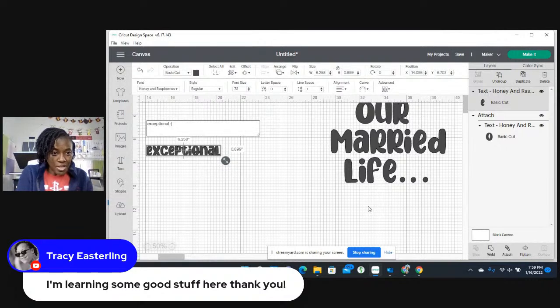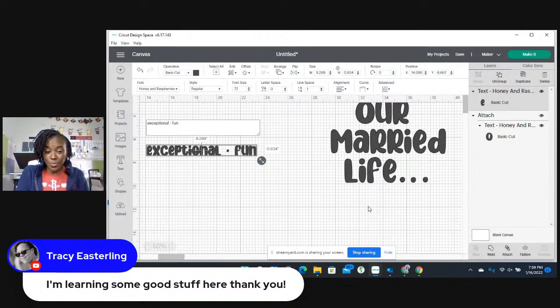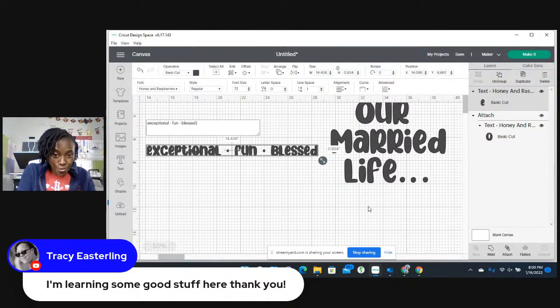and I am going to do Control V, because Control V is paste. Then I'm going to do a space bar. I'm also going to say that our marriage is fun. And I'm going to do a space, and then I'm going to do a Control V. And then I'm going to hit that space bar again. I'm going to say that our marriage is blessed. And then I'm going to do a space. And then I'm going to do Control V. And then I'm going to do a space. And I'm going to say our marriage is also